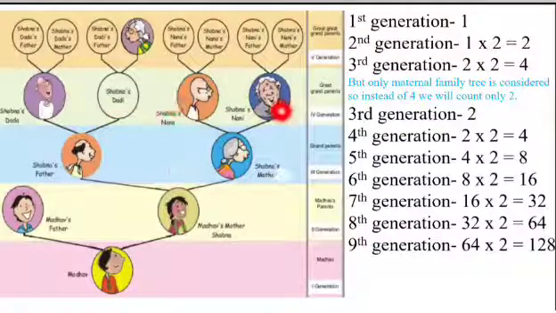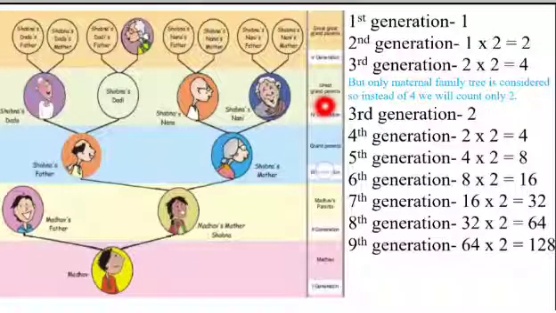In a similar manner, even these grandparents had their parents. But among those, only the grandmother's mother was alive. I hope students you have understood this. Now let us count the generations in this chart. Madhav is the first generation, so Madhav's parents will come in the second generation. Madhav's grandparents will come as third generation. Madhav's great grandparents will come as fourth generation. And Madhav's great great grandparents will come as fifth generation. Students, this is related to Madhav.